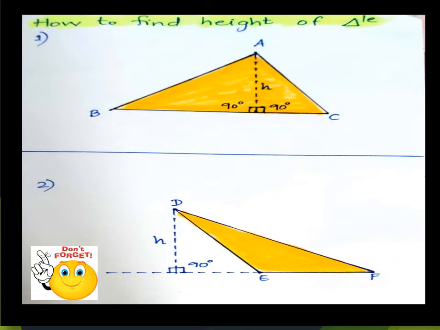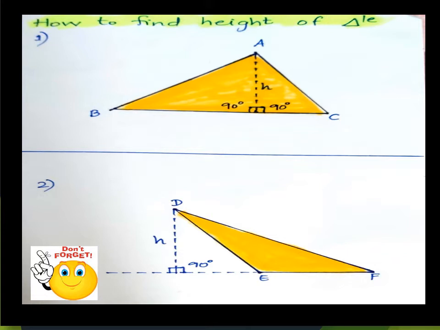You can see 2 triangles here, isn't it? ABC and the other triangle is DEF. In ABC, if you take BC as the base, you can be finding the height with the corresponding vertex, that is A. So, if you draw the perpendicular line segment on BC such that it is meeting A, then you will be getting the height of triangle ABC. So, any triangle will have 3 heights. Why 3 heights? Because there are 3 line segments. So, if you consider each line segment as a base individually, it will have its height corresponding to its opposite vertex.